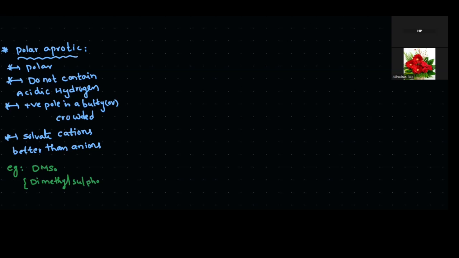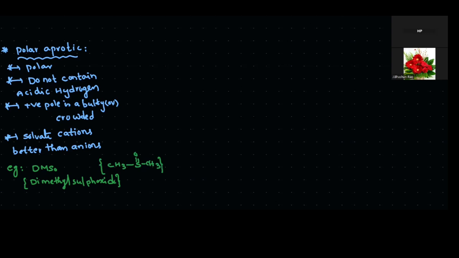Dimethyl sulfoxide. So DMSO, dimethyl sulfoxide, generally that formula is CH3, S double bond O, CH3. So this one is the dimethyl sulfoxide. How is this molecule a polar aprotic solvent? The S double bond O group: oxygen has a partial negative charge,